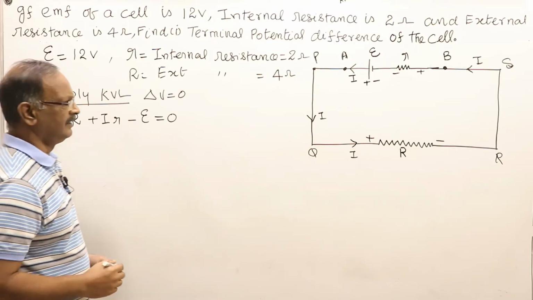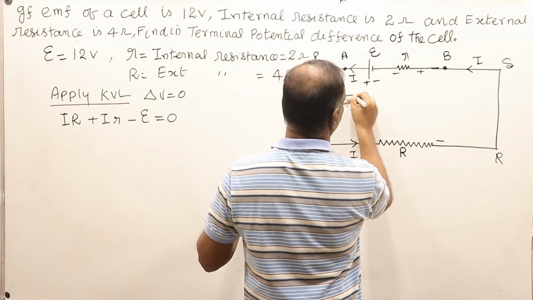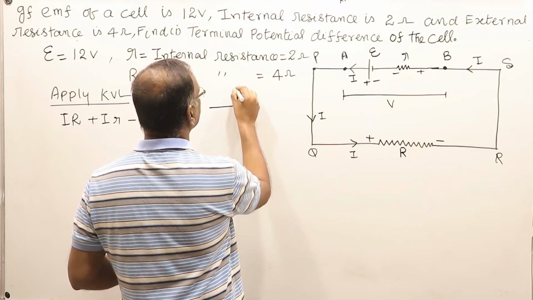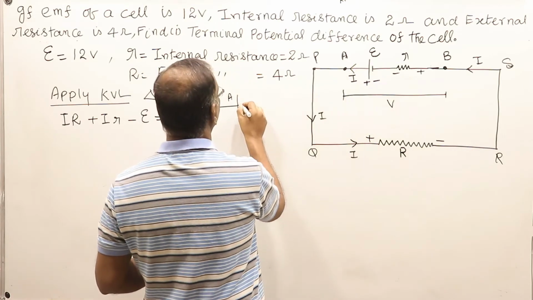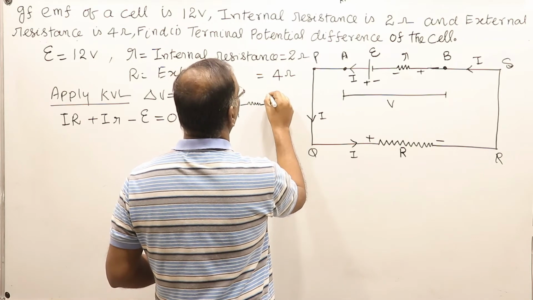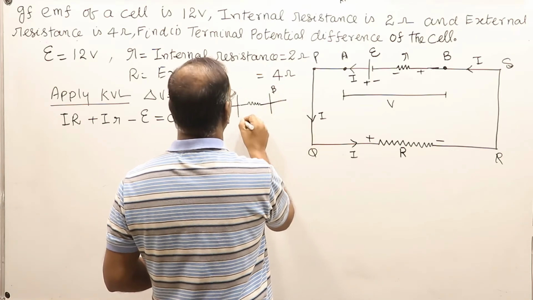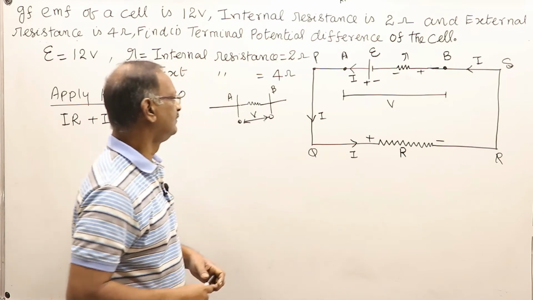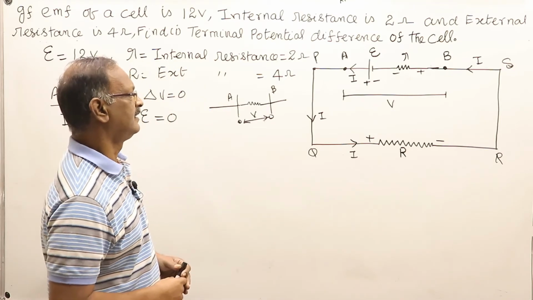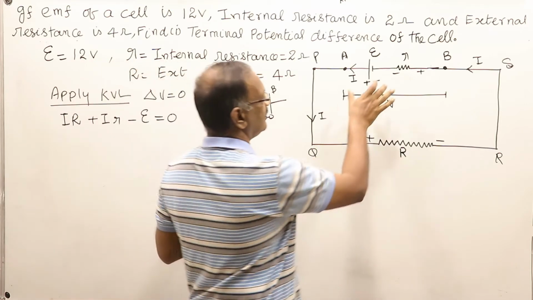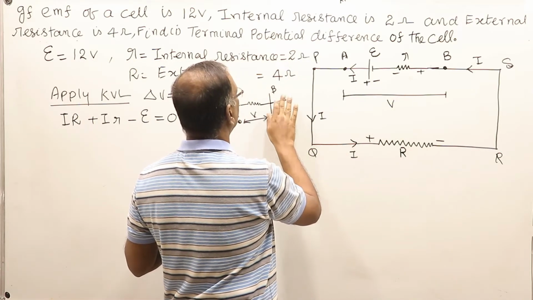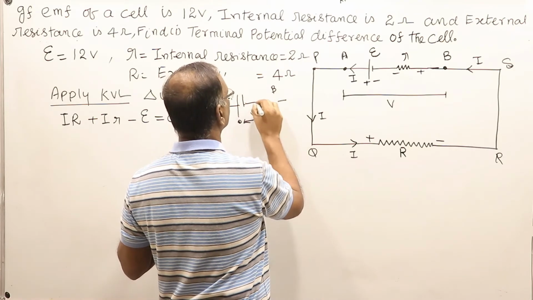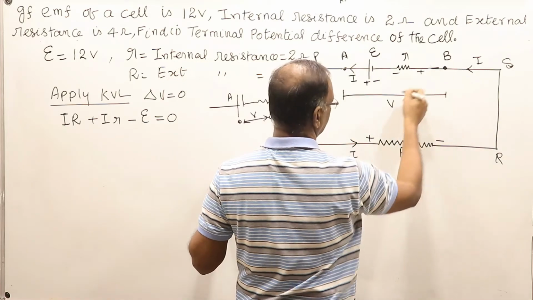So now what is IR? If you take this, it is the terminal potential difference. Why do we call it terminal potential? Between this point, this terminal, there is an internal resistance, and this is point B. The potential difference between these 2 points is the terminal potential. The potential between the 2 terminals of the battery is called terminal potential difference. But in the circuit diagram, we take it outside and represent it like this. So this is terminal potential V.